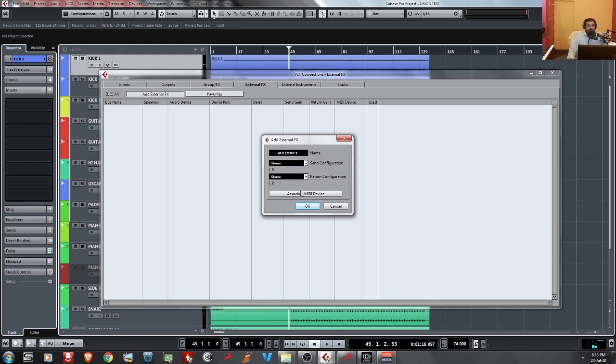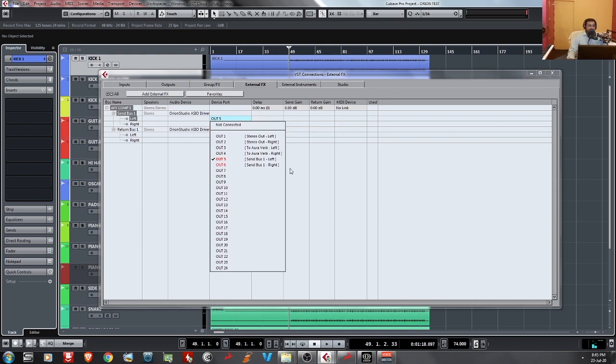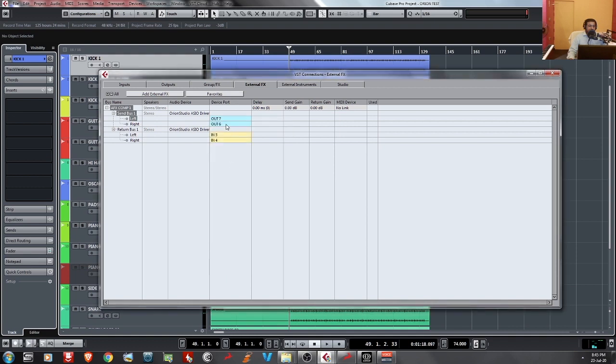Okay, the send configuration is stereo. Now we have to assign the send and return. I am selecting the Orion Studio as the input and output. We can select any send bus, so I am using unused buses here. I am selecting 7 and 8 here.